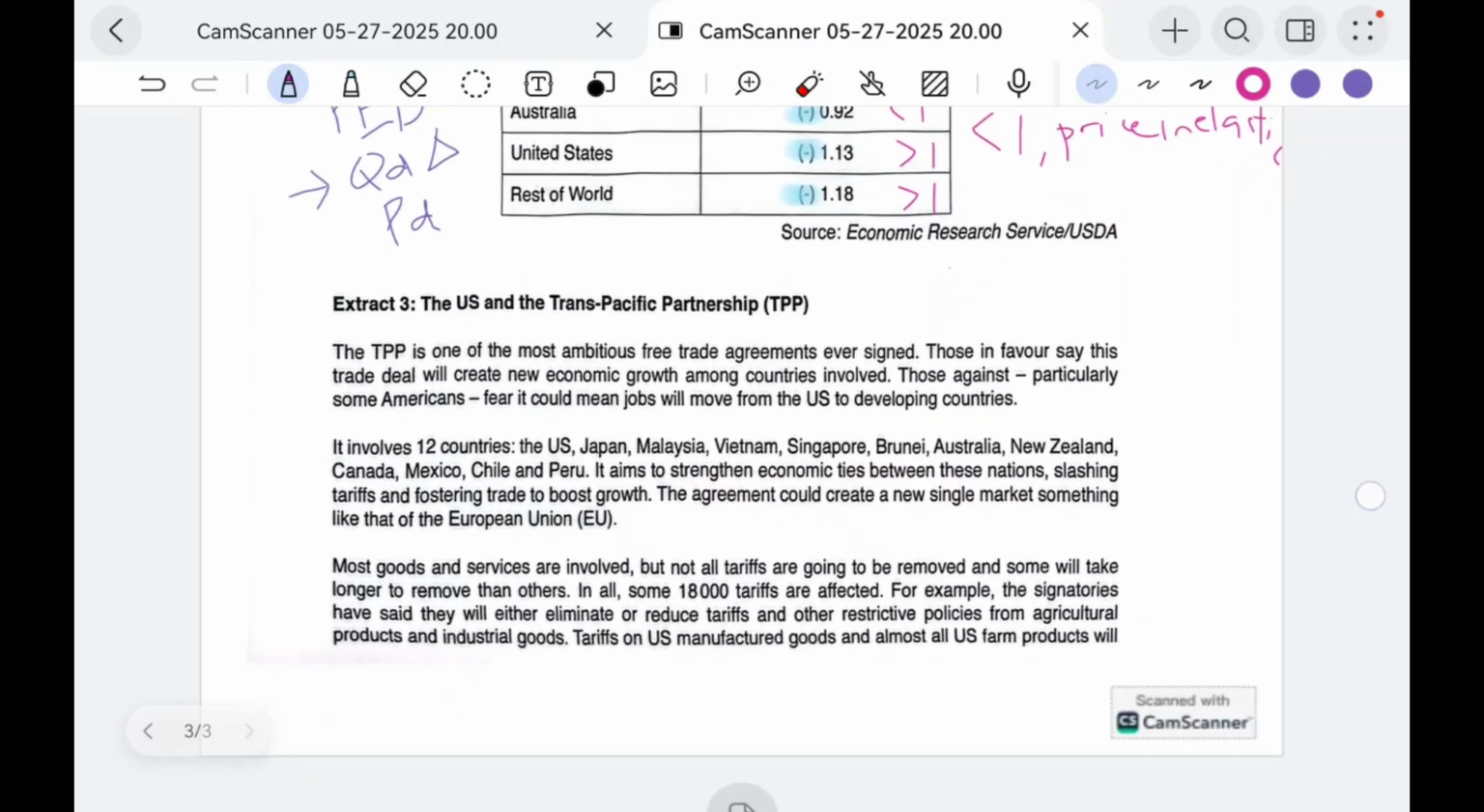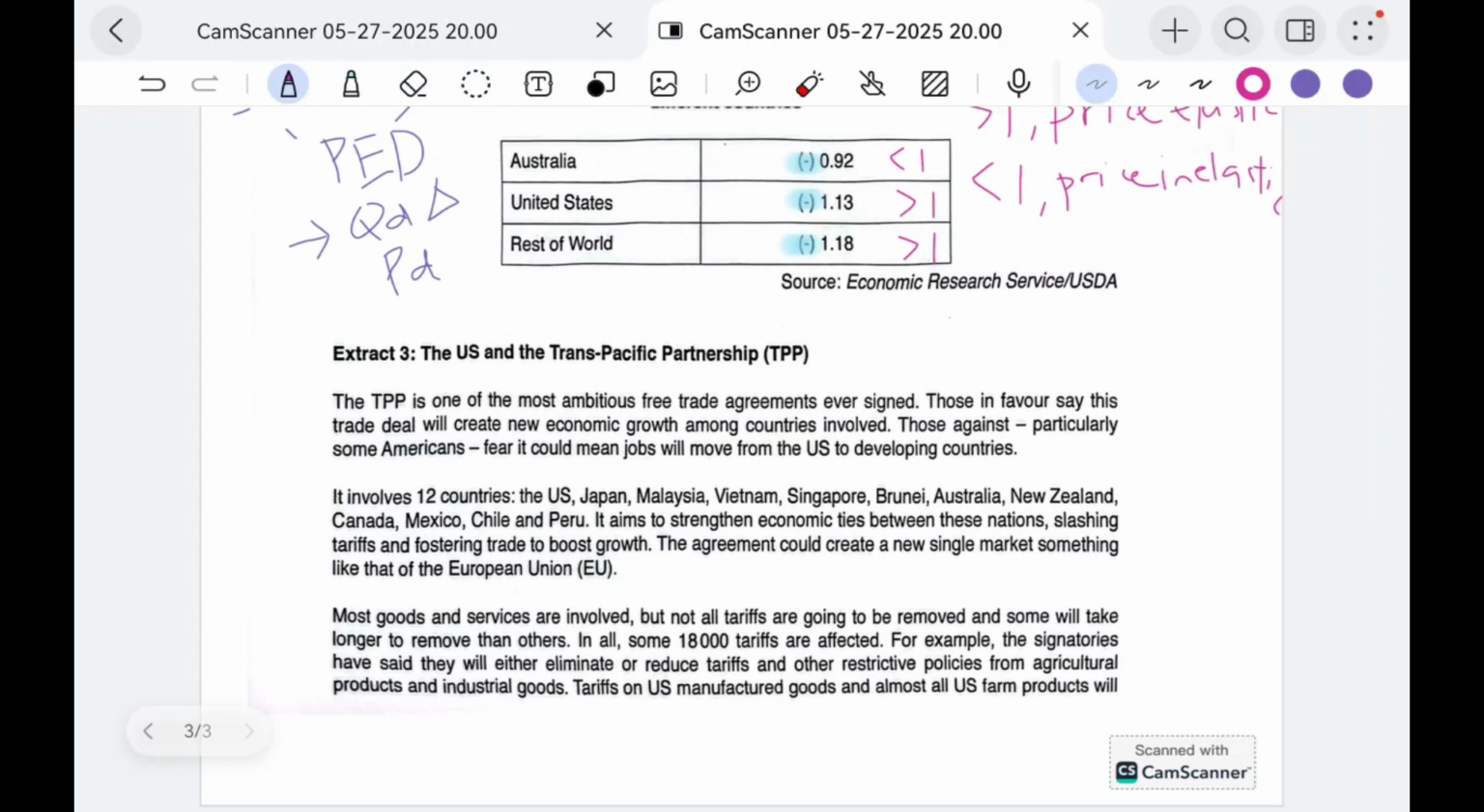Okay, so moving on, extract 3, the US and the Trans-Pacific Partnership. Okay, for this case, it seems like it is a macro source, because when we talk about your Trans-Pacific Partnership, this is actually talking about the concept of trade agreement, and this is under the content of globalization in macroecon. So in this case, perhaps we can skip first, because this session we want to focus on answering the micro